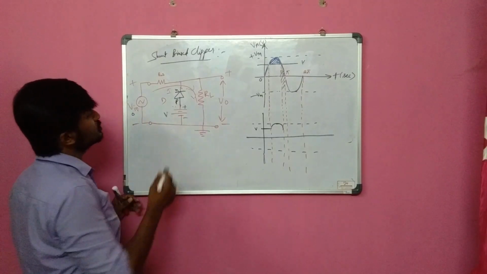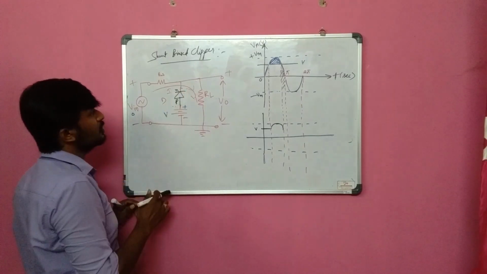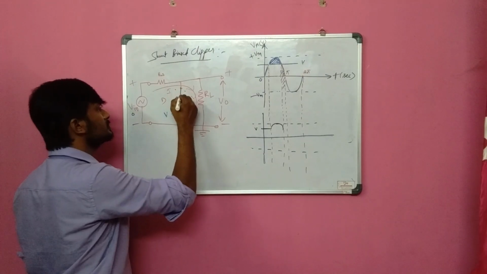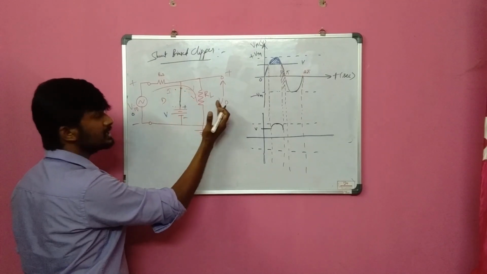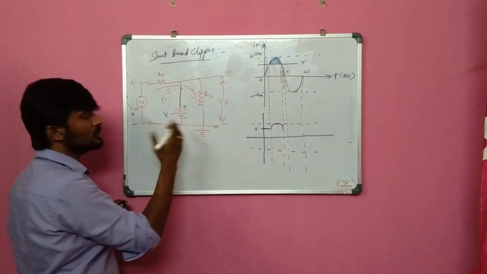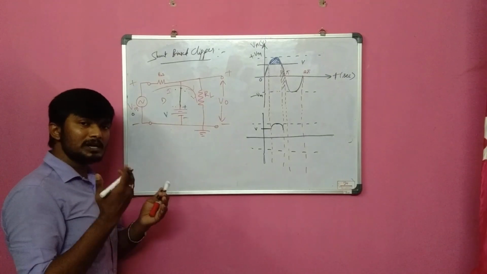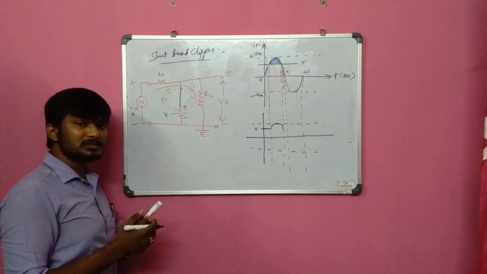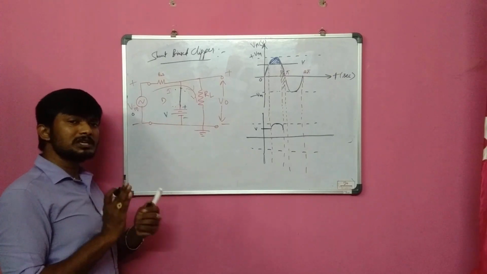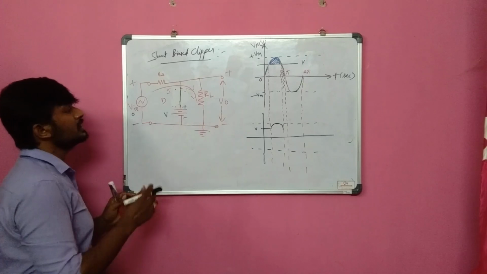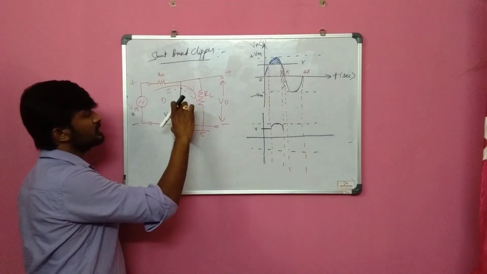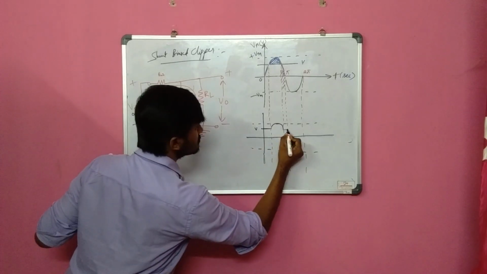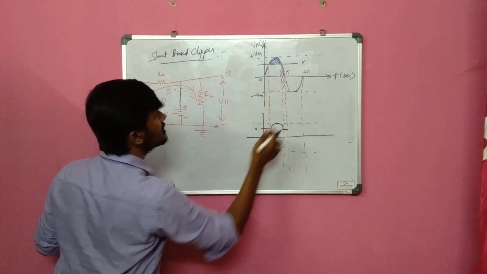Try to understand. P is connected to positive, which means forward bias. Forward bias means simply a short circuit. Short circuit means the same voltage will occur across the output, because the voltage is in parallel. In a parallel connection, voltages are equal. So as we have V here, the same voltage V we get at the output in the third zone.